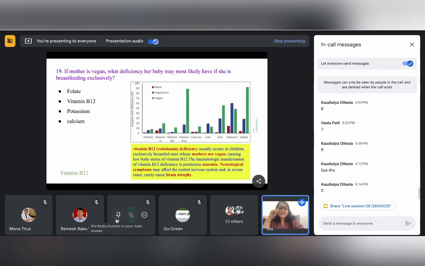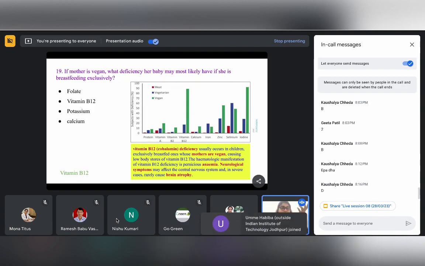It is vitamin B12. Whenever we are talking about vitamin B12 or cobalamin, the richest sources are meat, the non-veg sources, and also dairy products, right? This is a very important vitamin which is required by the different functions of the body. Now, when we are talking about a vegan mother, we know nowadays a lot of people are turning vegan and trying out different kinds of food options, almond milk, soya bean milk in place of the conventional dairy